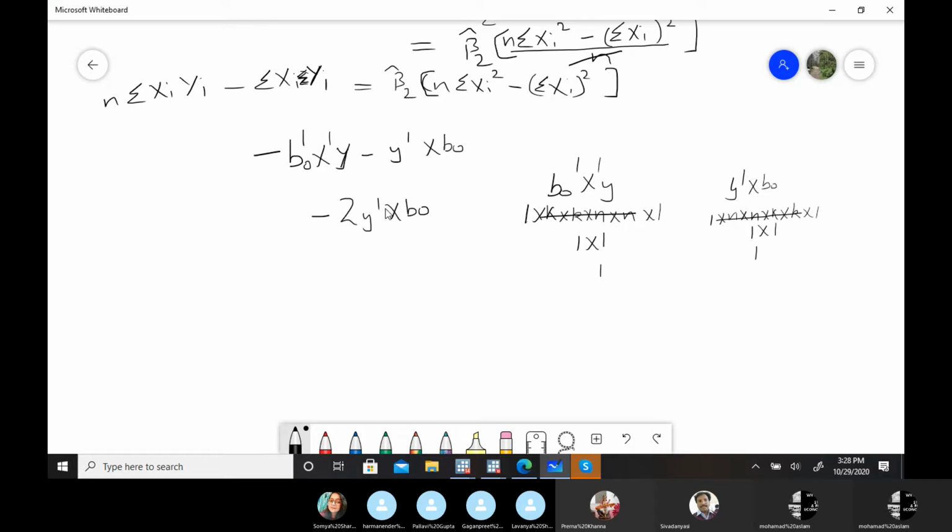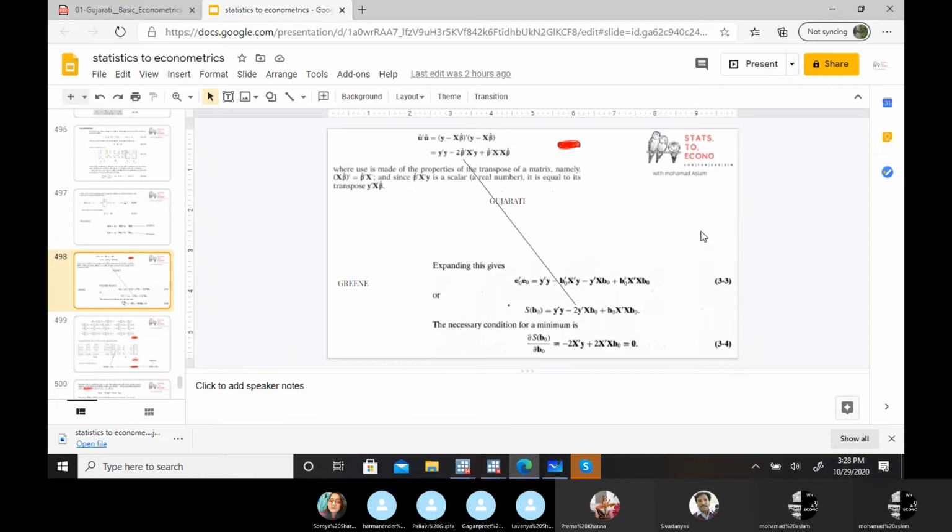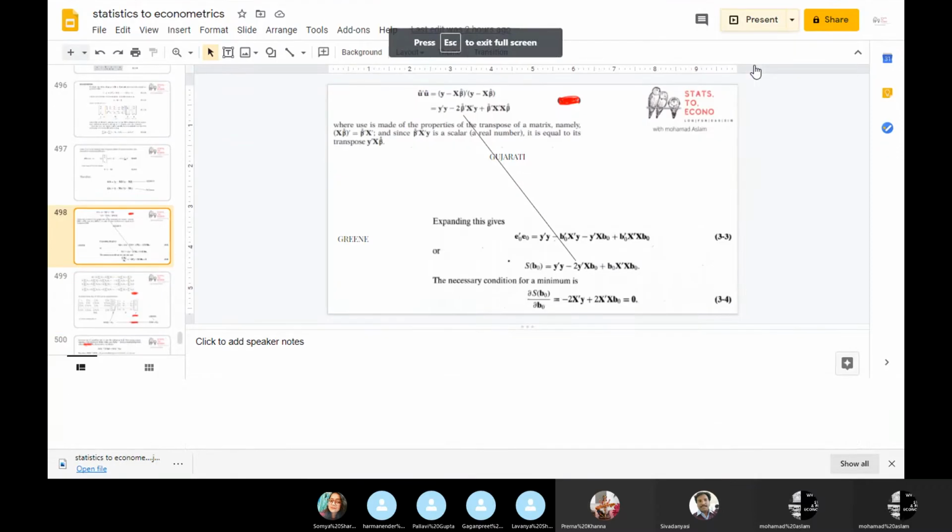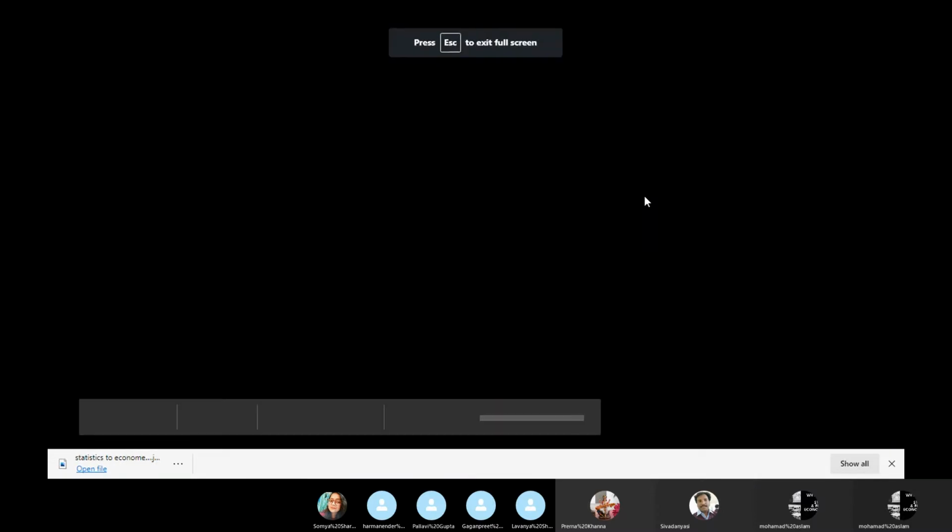Now, is it clear why these are scalar matrices? Then I'll go to the next step. Any doubt? Okay. So if you don't have any doubt, then now you can see this. These both are scalar matrices, so you can just add them: minus 2. Now here, which one you will keep? That's the only difference in this particular step. And here you will find a difference in